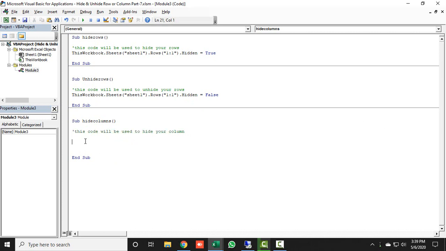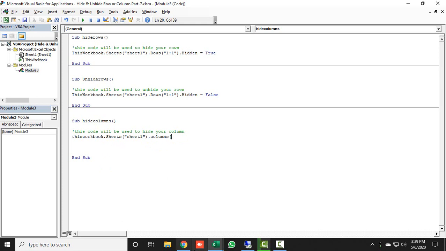Now type your code, so that would be Workbooks dot Sheets and then type your sheet name. Then, since I want to hide my columns, I will type Columns. Then open the bracket.